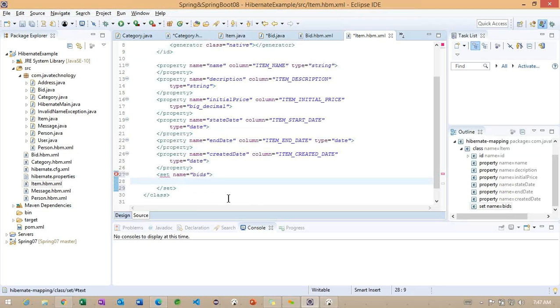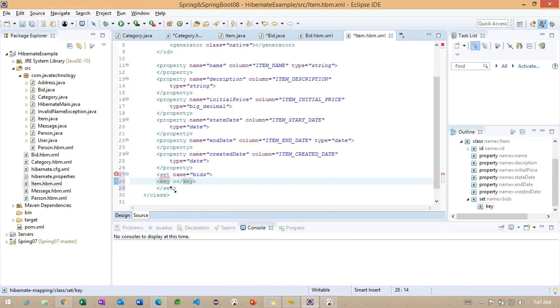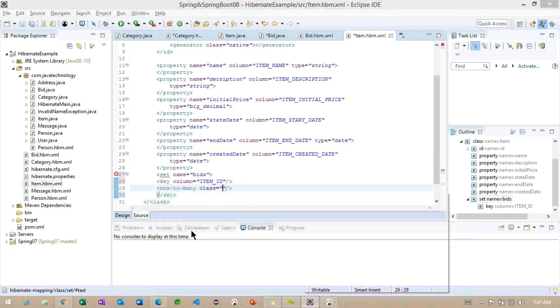Internally, we are going to have a key column, and we can specify what the key column is here. For all the one to many, many to one relations, it is going to work based on which column? ID, that is called item ID. Getting the point? So we specified the key column here, and one more here we need to specify: one to many.